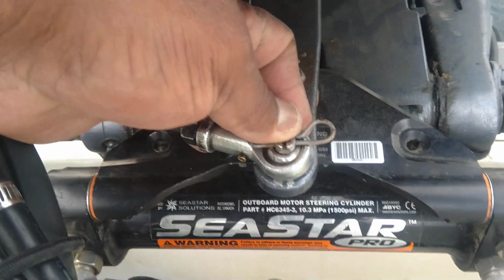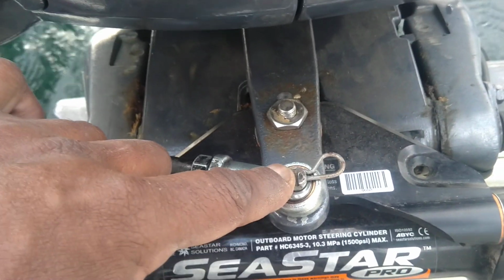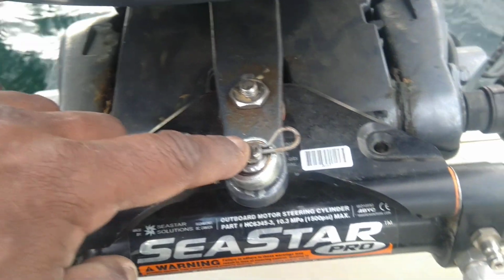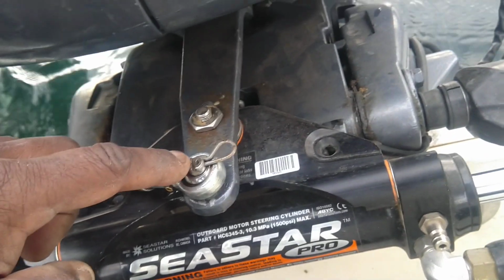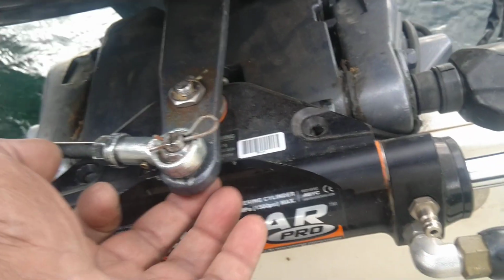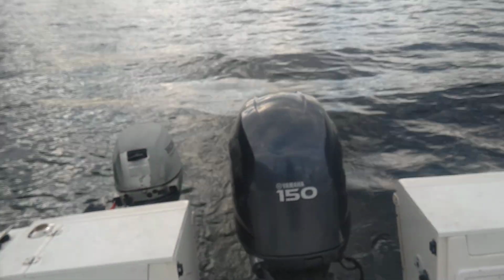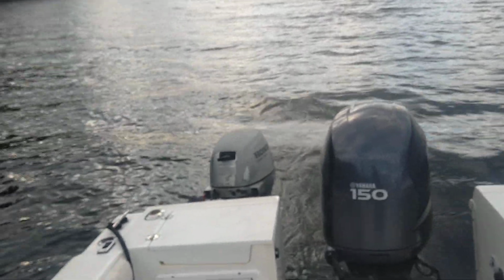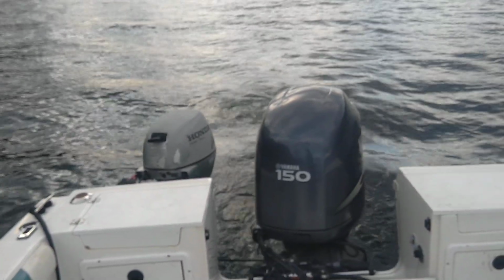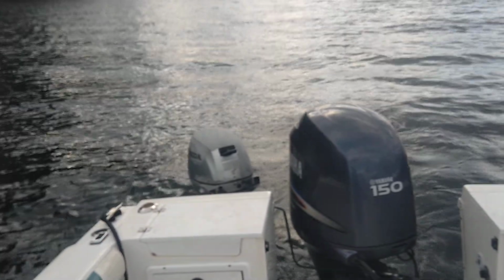Initially I did have a washer on here. I just stuck a pin on there. Now what's neat is this is a 14mm 1.25 pitch thread bolt. I just cut the head off. It's the same thread as a steering nut, and it's threaded from the bottom, and there's a jam nut, and it's the same thing on the kicker. And as you can see, it works. I've been using this for a couple of hours now, and